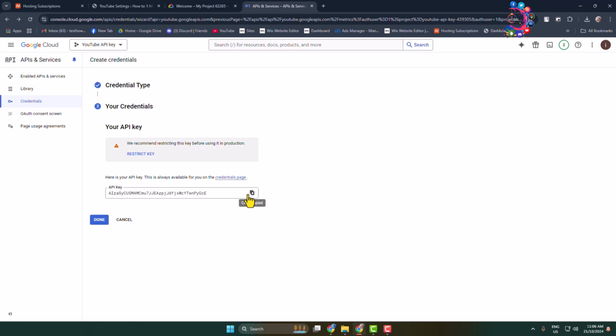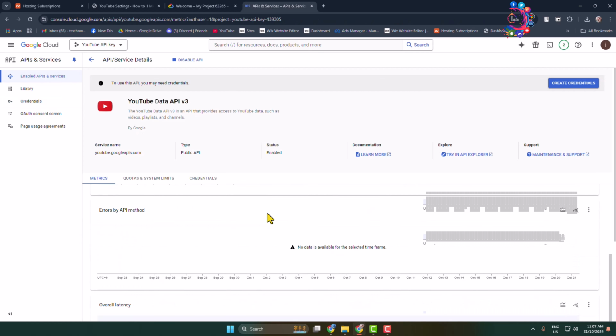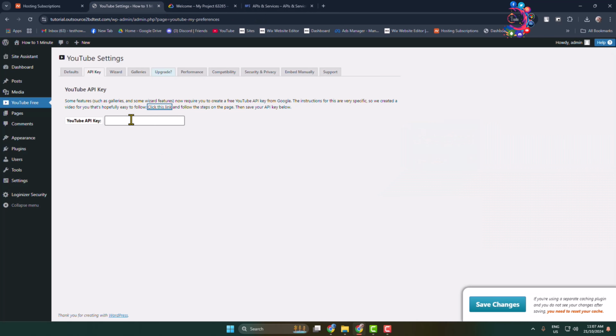And if you want to restrict this API key for random platforms or apps, you can click on restrict. But in my case, I'm going to leave it unrestricted and click on done to save the change. And here is my API key. Now let's go back to my plugin dashboard and paste my API key, click on save changes,